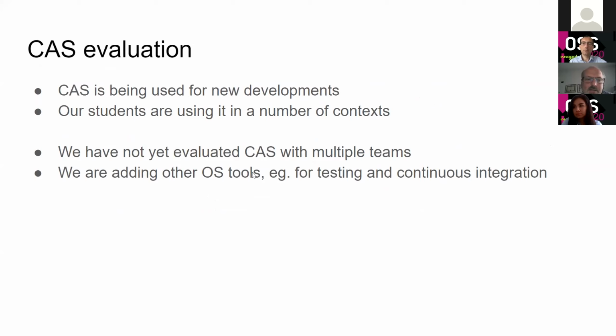What is the status and the evaluation of our system? We are using this for developing our internal projects, especially in education, mainly at the University of Bologna. The project is still evolving. We have not, for example, evaluated the system with multiple teams. And we are considering adding other tools, for example for testing and continuous integration. They are not yet part of the system, but will probably be in the next release. Okay,